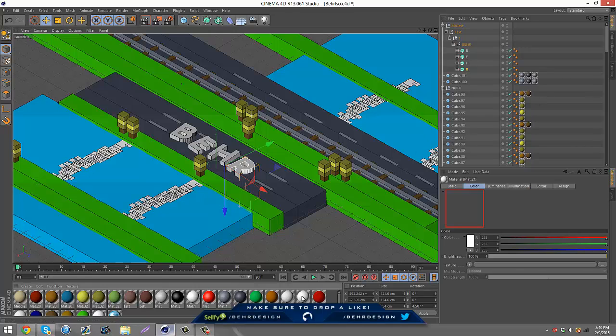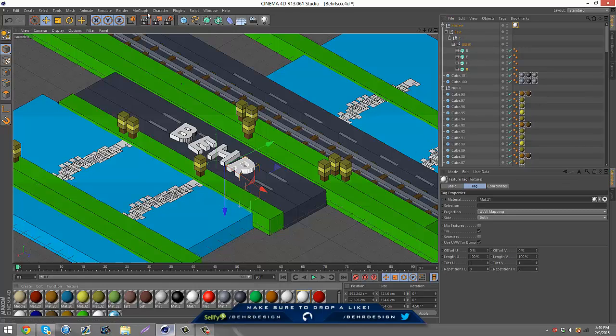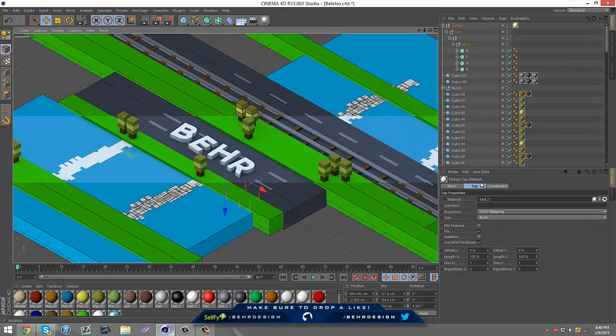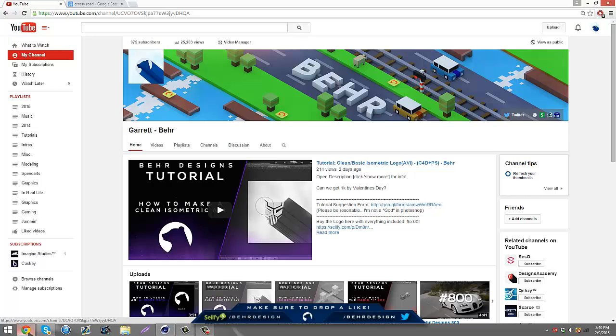And then you're going to add a white material onto the text. So if you render region this, check it out. You have the text in the middle of the road, and then you have everything else around it. So yeah. Now I gotta start adding stuff, so I guess the next thing we're going to be adding is